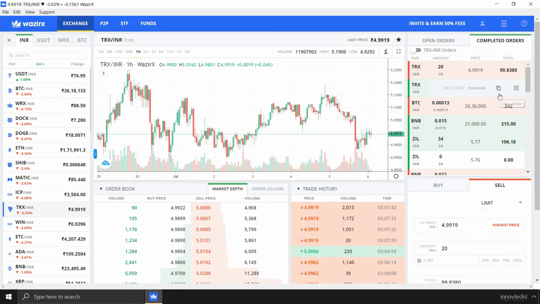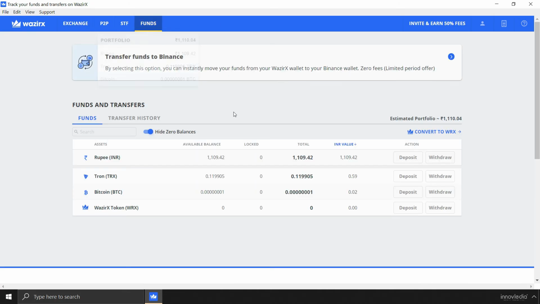I purchased at 100 rupees 13 paisa and sold it at 99 rupees 83 paisa, which is a loss anyway, but it doesn't matter for now. It's just a tutorial, so you can always sell it at higher price and make profits. Alright. And now if I go to this fund section, I'm going to see only this amount of TRX which has been left behind, which doesn't matter much, and I have my money here,